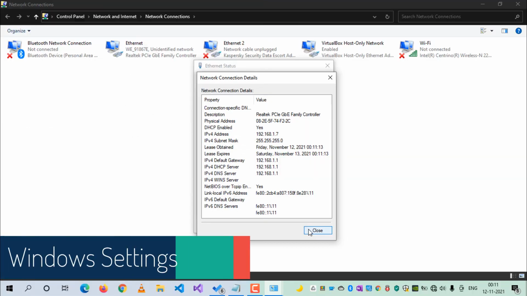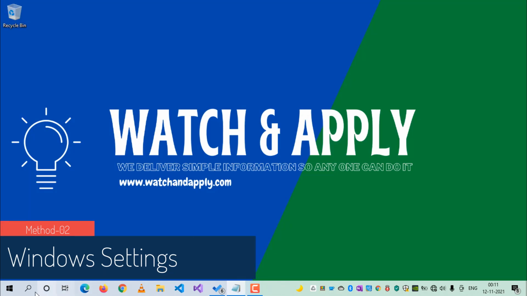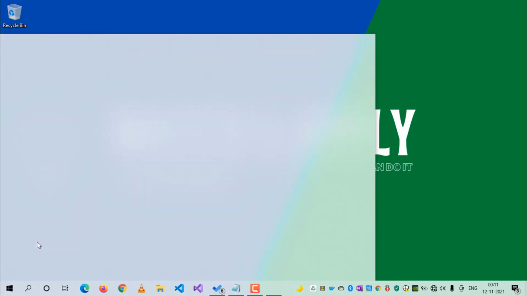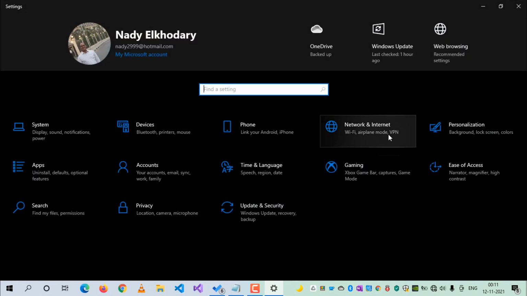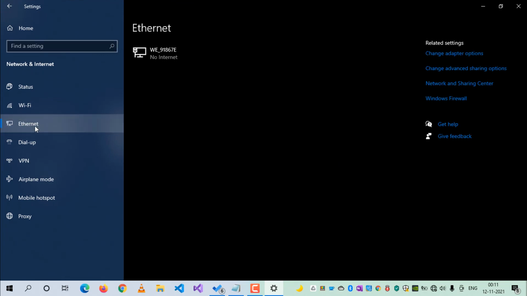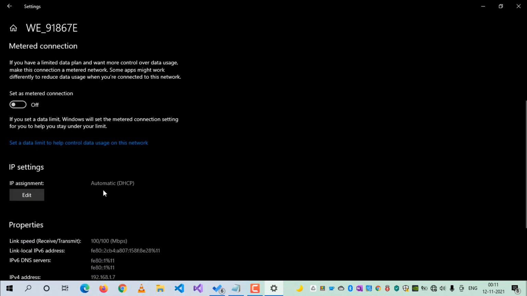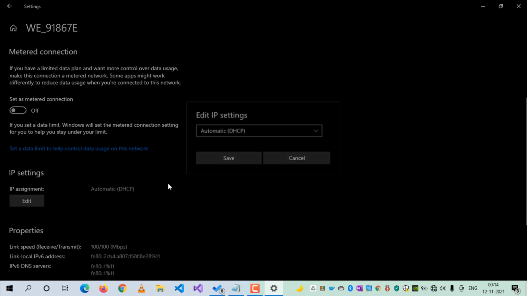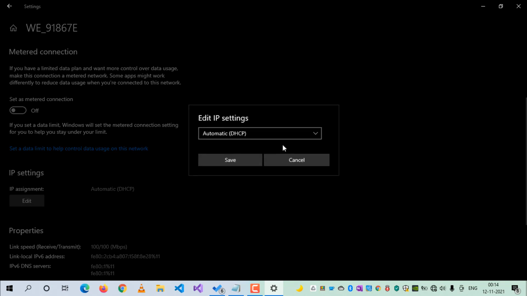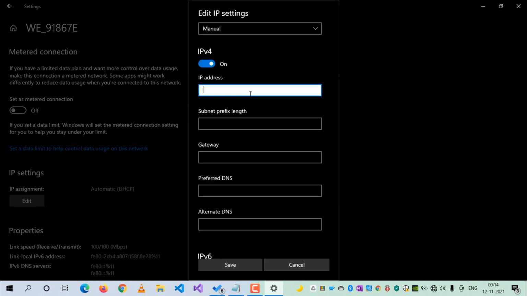Now let's go to method number 2. In method number 2, I will use Windows setting, start, setting. I will go to network and internet, go to Ethernet. Now in IP setting, it's automatic using DHCP. Now press on edit, change automatic DHCP to manual, and I will choose IP version 4, then add the new address